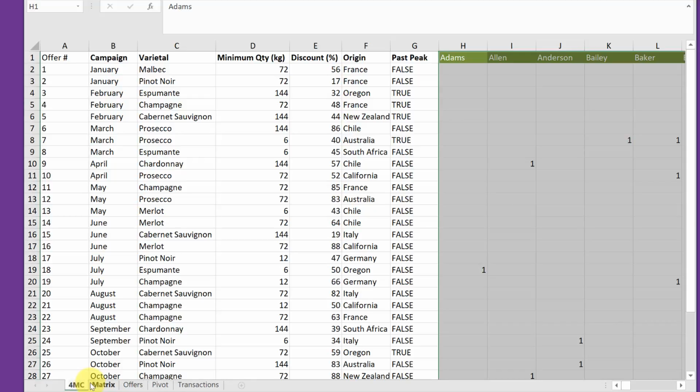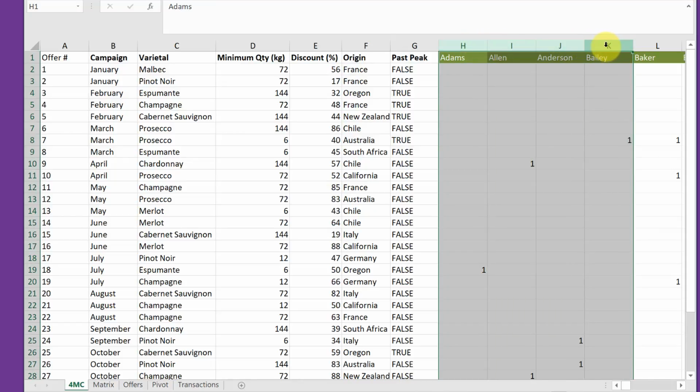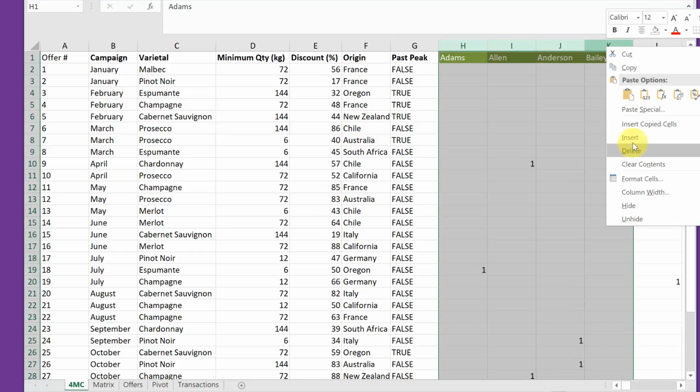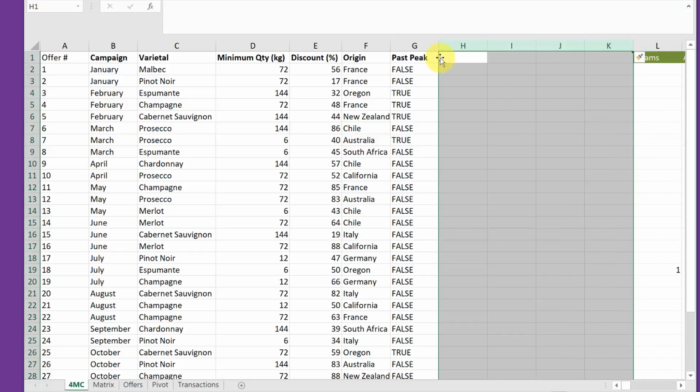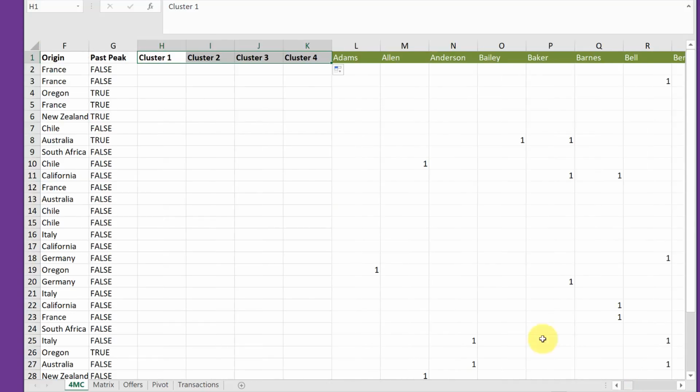4 matrix clusters. To make room for those clusters, I'm going to select the column H, highlight 4, right click and hit insert, and that inserts 4 columns, and I'm just going to call these cluster 1. What we're doing here in our matrix space, you can see we've got now our clusters here, and we've